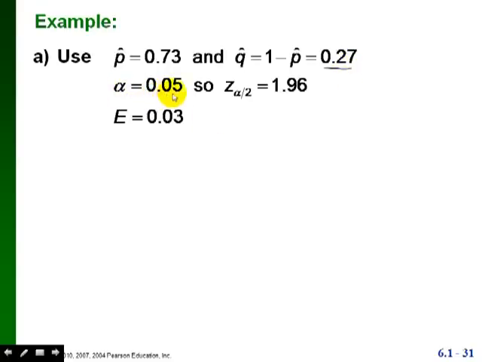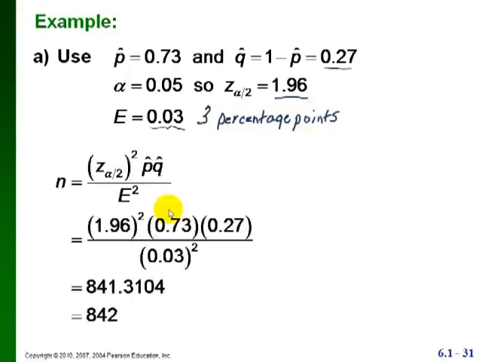Our confidence level, we want it to be 95%, so that means alpha is 0.05, and we already have our critical value that we figured out earlier. And we said 3 percentage points for the margin of error, so this is just converting that to a decimal. This is commonly described in terms of percentage points. All right, so if we put all those numbers into the formula,